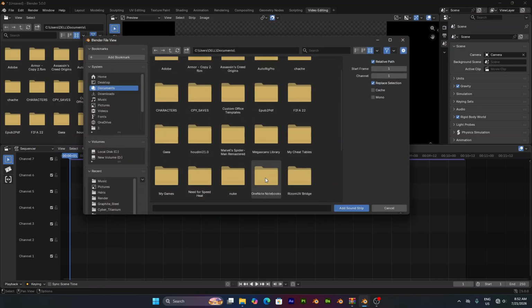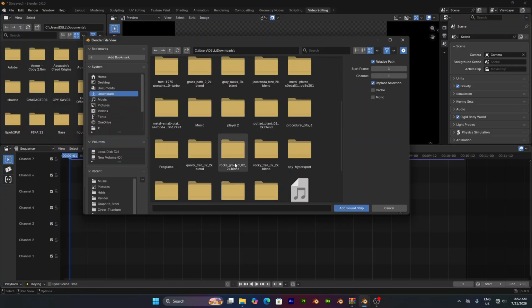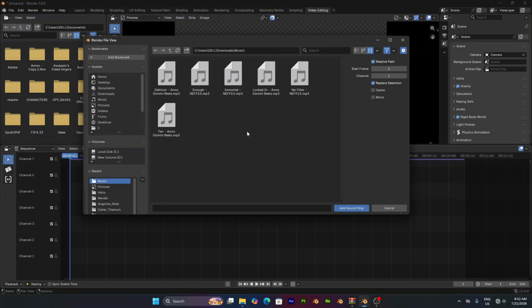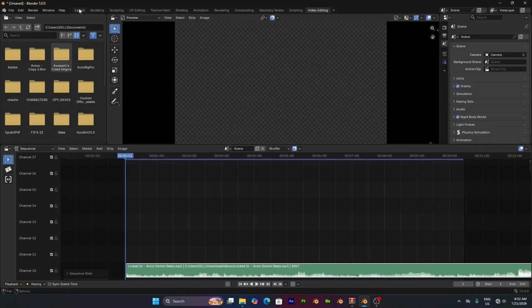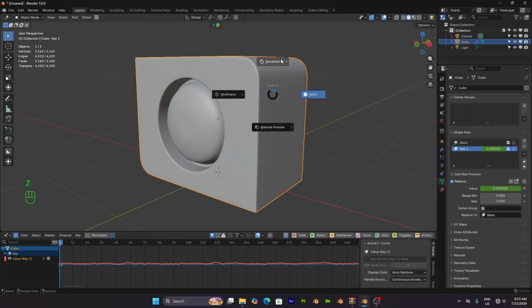Then I'm going to use the same sound I used for the downloaded music. Now let's go back to the layout tab and then press play. Cool, right? Now press Z and switch to render view,